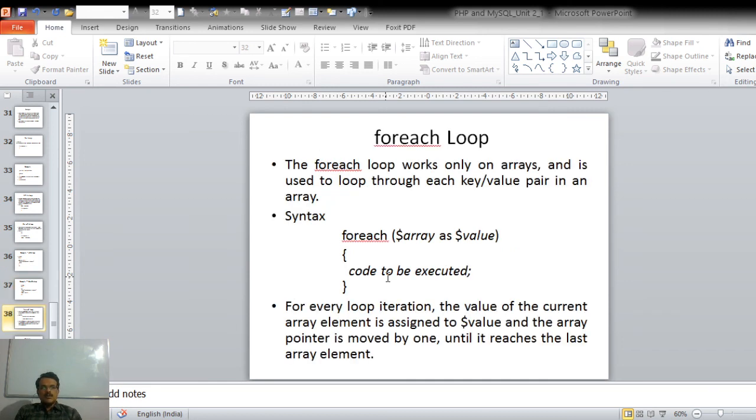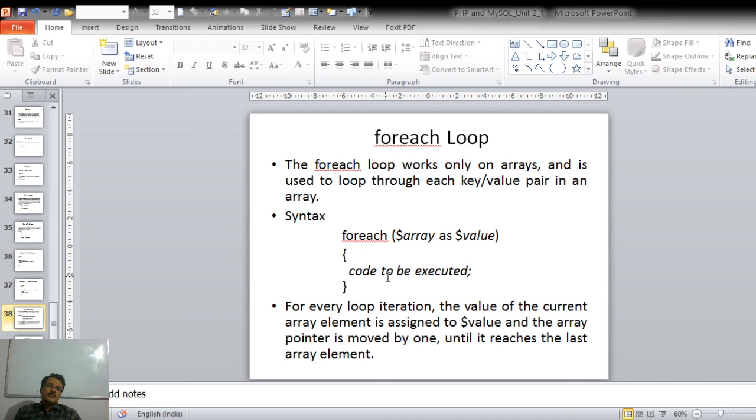Then the third looping structure, that is the foreach loop. This foreach loop works only with arrays and is used to loop through each value in an array. Suppose we want to print each value of an array, then instead of using the while loop or for loop, we use the foreach loop. The syntax is again simple, like our while statement: foreach, and we have to mention the array as value.